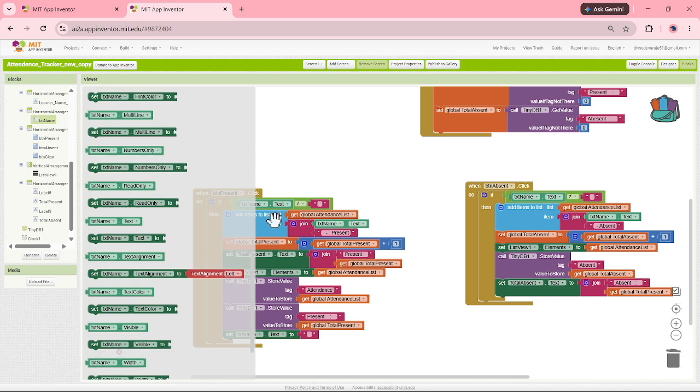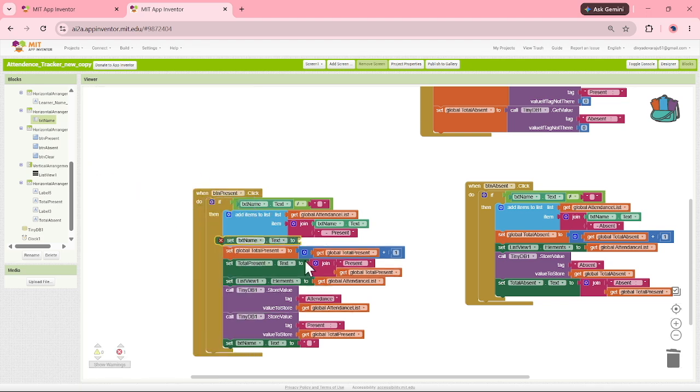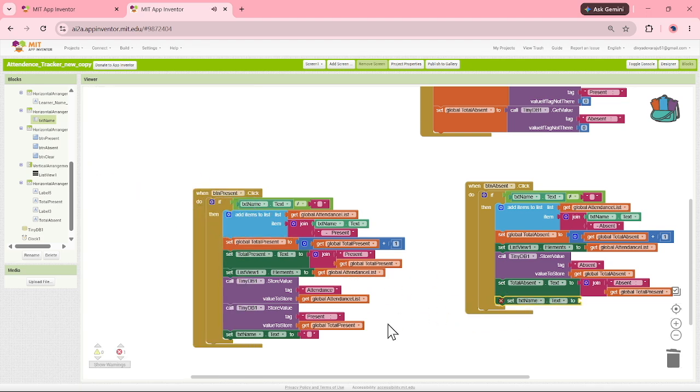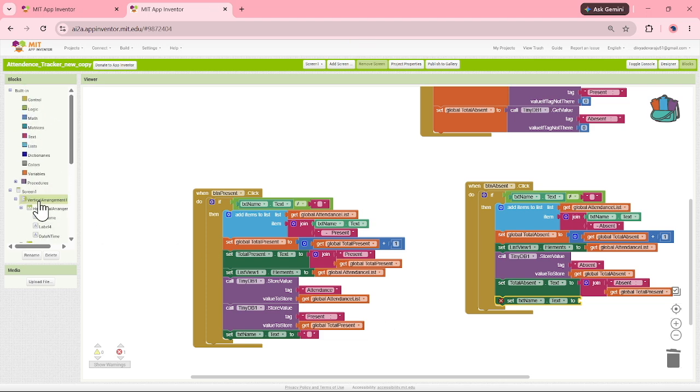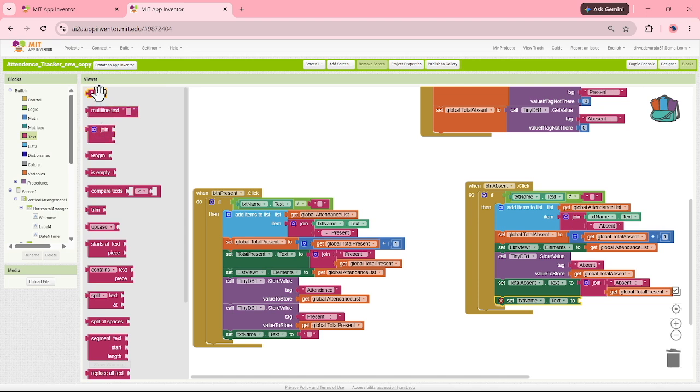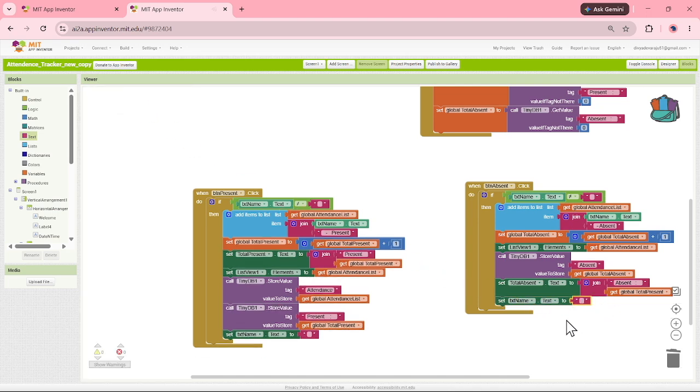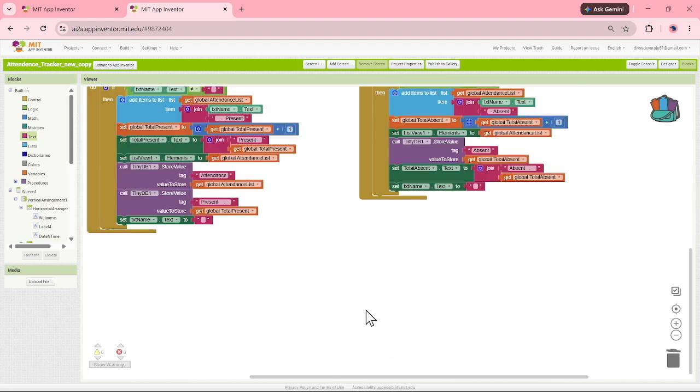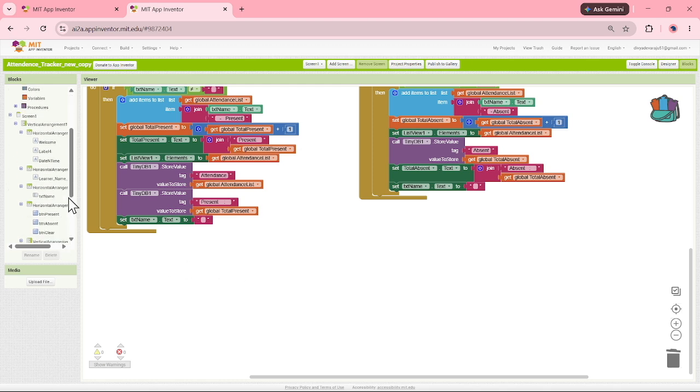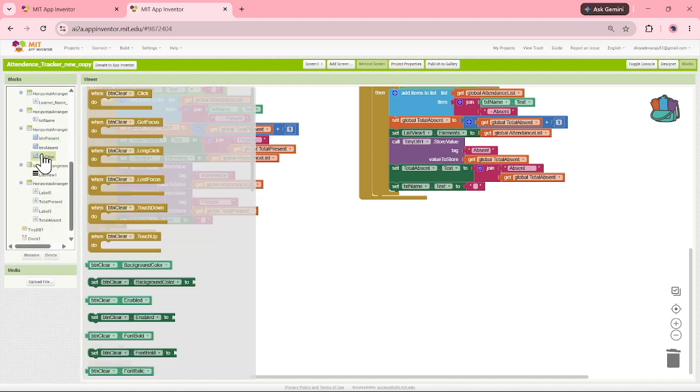I'm going to pick up the command which says set text dot text to, so here you go, our absent button is ready. So now let's code the clear button. So for that I would be going down to the button which says clear,